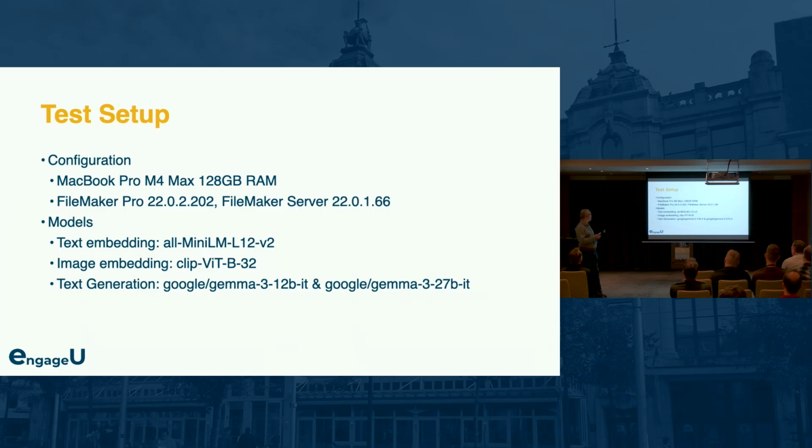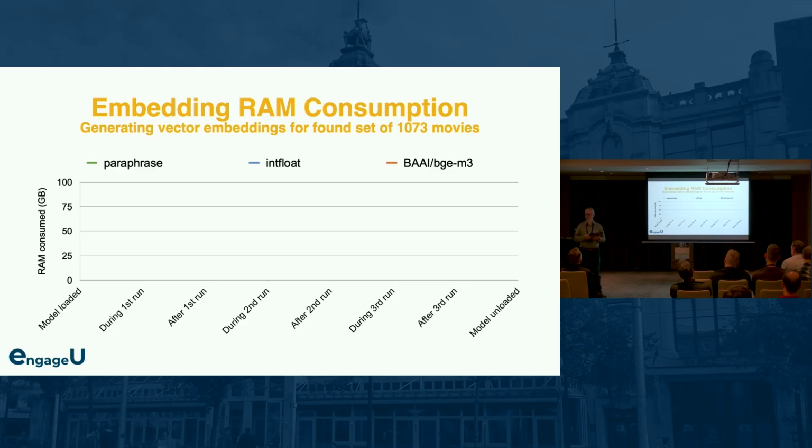So this was the exact setup that I was trying. And one thing that I discovered, specifically when generating embeddings, there was a difference between how each model was using my RAM. And this is a comparison just of 3 models that I tried of those recommended by ChatGPT. So the first one was pretty flat